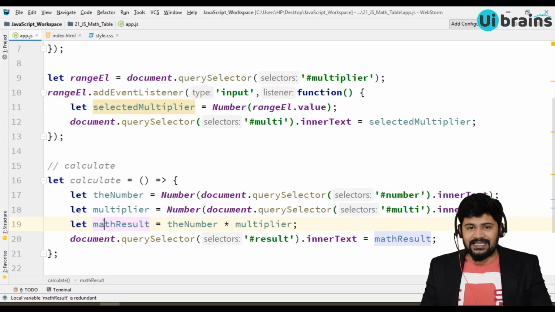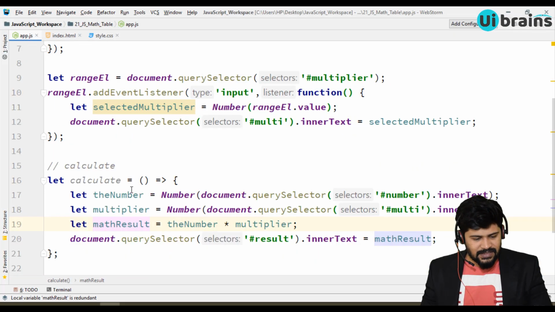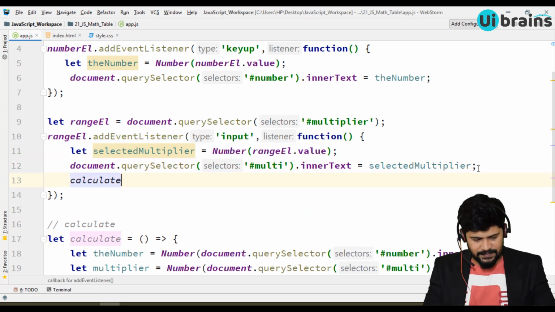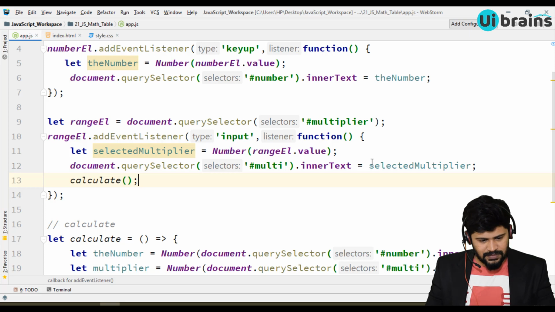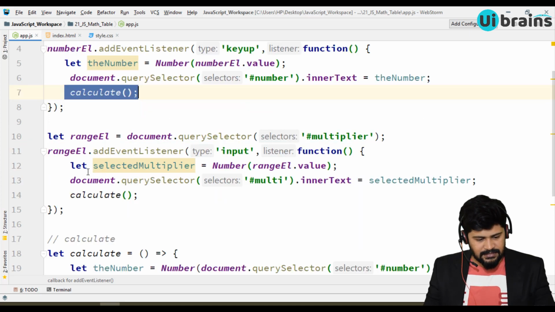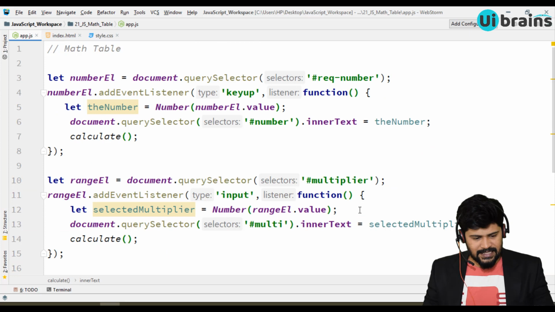But when to call this calculate is when you modify this number I want to calculate, and when you modify this one I want to calculate. So let's call calculate over here, when you apply the key up event, and here also. So whatever you change, it calculates and updates the results based on its value. So I think that's it.